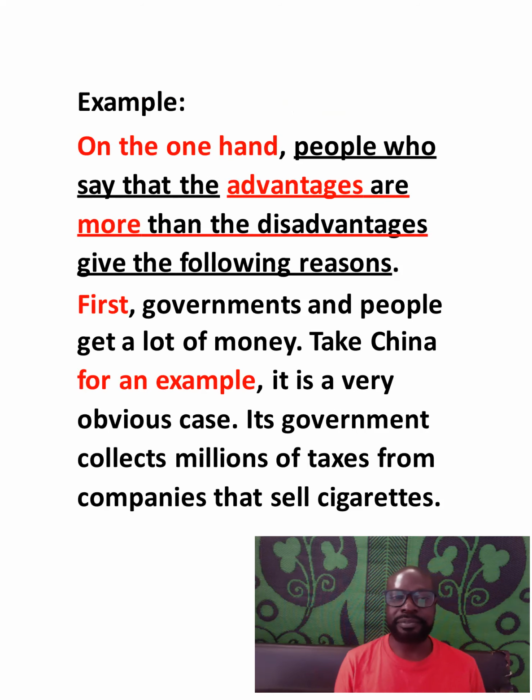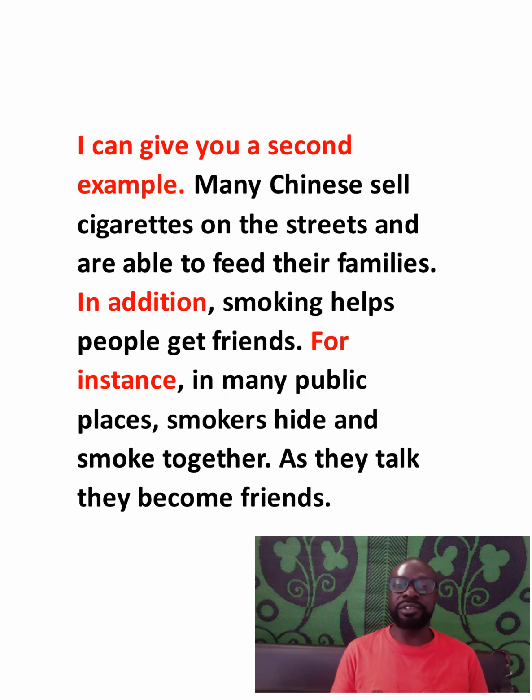Example. On the one hand, people who say that the advantages are more than disadvantages give the following reasons. First, governments and people get a lot of money. Take China, for example. It is a very obvious case. Its government collects millions of taxes from companies that sell cigarettes. I can give you a second example. Many Chinese sell cigarettes on the streets and are able to feed their families. Yes, we add on another part. In addition,